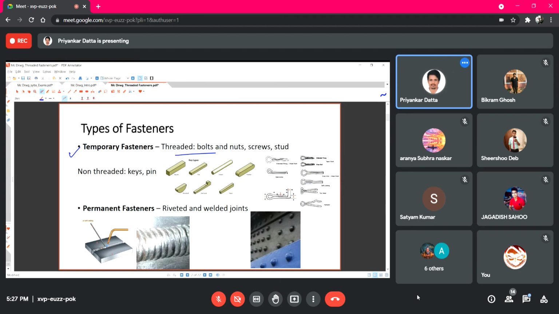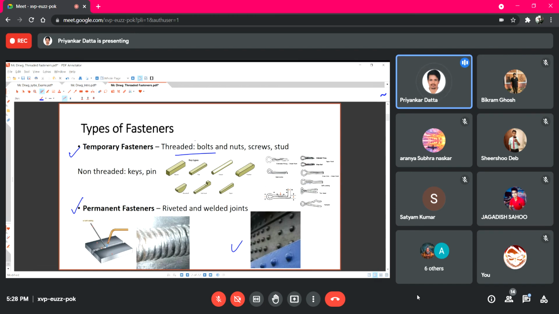There is another type, the permanent fasteners like welding and riveting. So in bridges you have seen riveting, I guess, and welding you are well aware. Anyone is aware. Any grill must have some welding on it. So these two, welding and riveting, are permanent fasteners. If you try to remove the joint components, then you have to destroy the fastening part, and a part or portion of the two components will also get damaged while you are separating them.